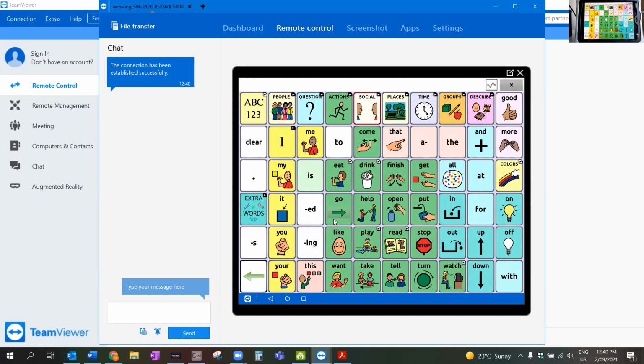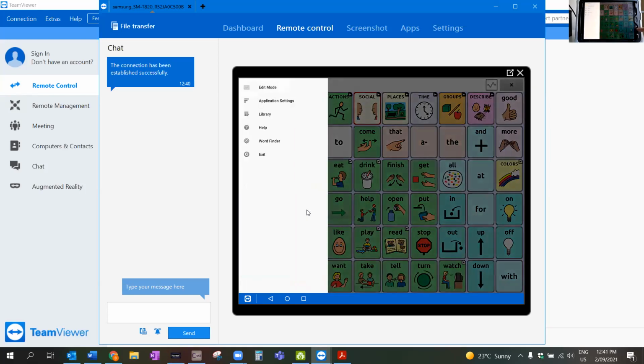If you want to make changes, you need to bring up, like you would if you had the device in person, the menu bar, so you can turn on edit mode. Now, one disadvantage with using TeamViewer on Nova Chats is that to get up the menu bar, the parents need to first make the selection on the device, okay? The LR8s, you don't have to do this. You'll have an extra button that you can press, but on the Nova Chats, they will have to press the menu bar for you whenever you want to open up this setting. So once I've done that though, you can click edit mode,